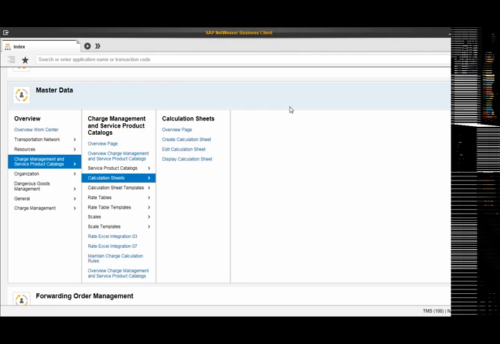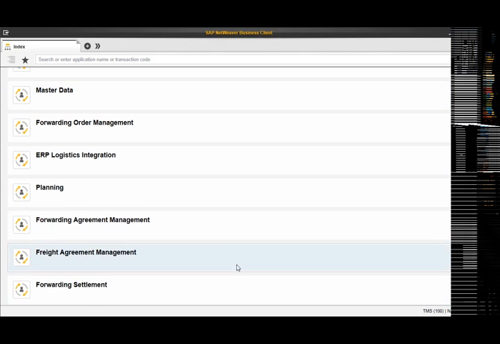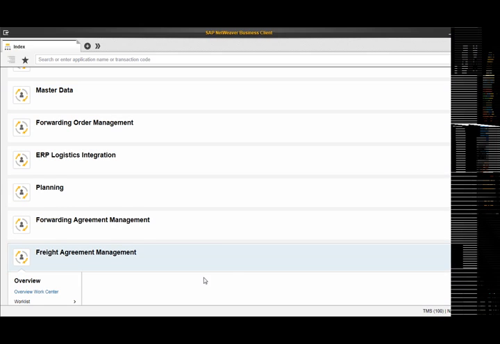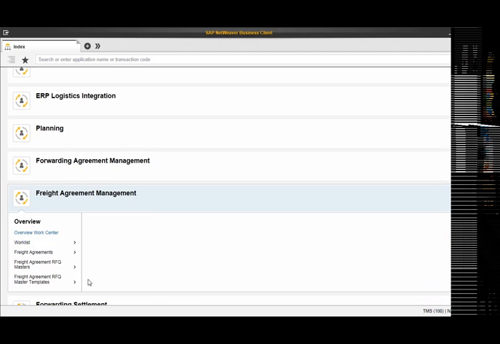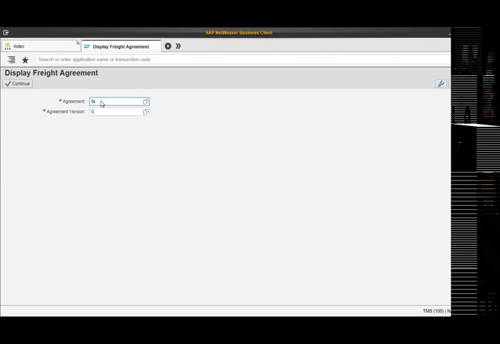So once the scales, the rate table and the calculation sheet have been created, go ahead and create the freight agreement, which will consume all the three previously created documents. So if I go to this FA_partial_key, which is the relevant freight agreement for the current scenario,